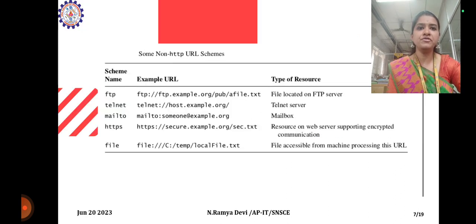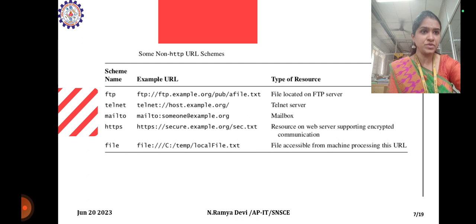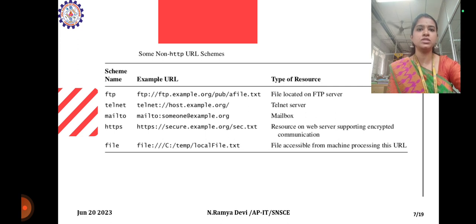And these are some examples of the URL. Like HTTP, we can use other protocols like FTP, Telnet, mailto, HTTPS, and file. FTP means we have to use the prefix ftp:, for example ftp.example.org, and this is used for locating a file on the FTP server. This is the Telnet server, which uses the prefix telnet: and host.example.org, which is used as the Telnet server, and mailto is mailto: